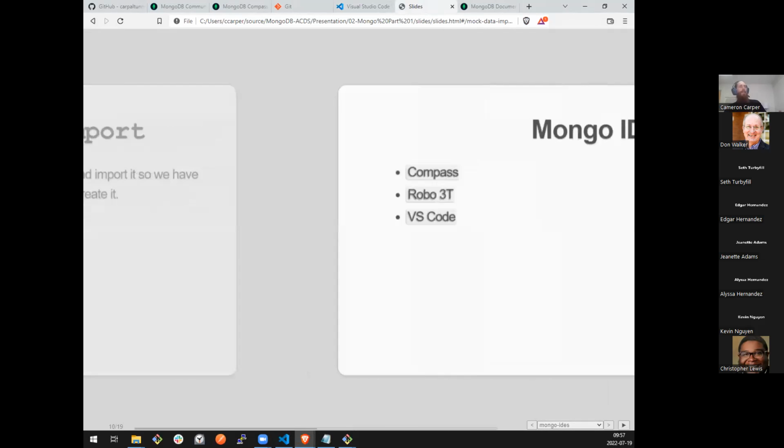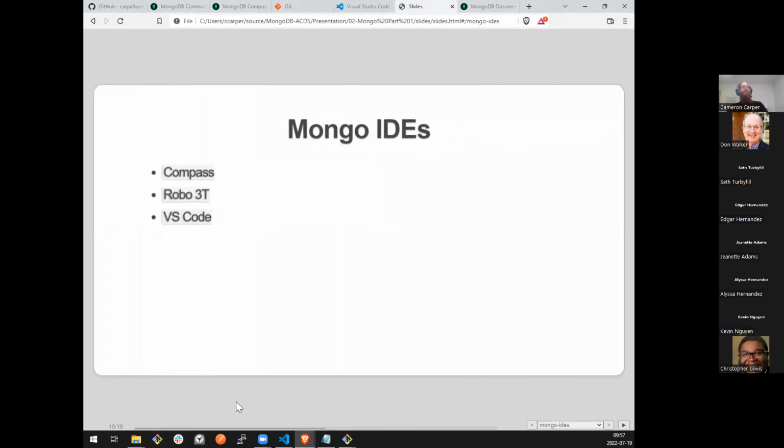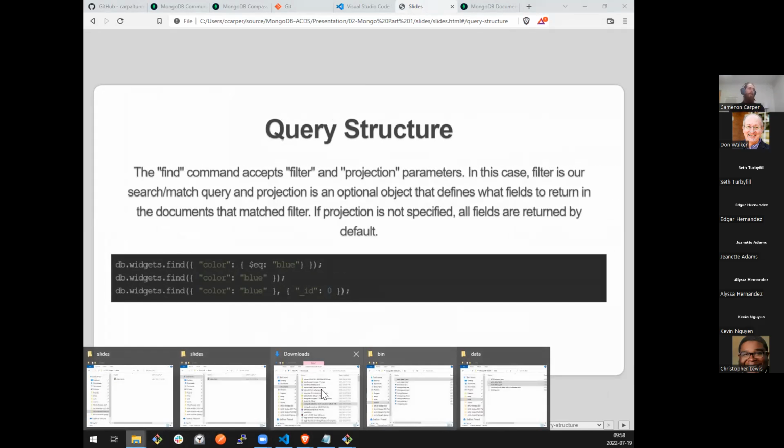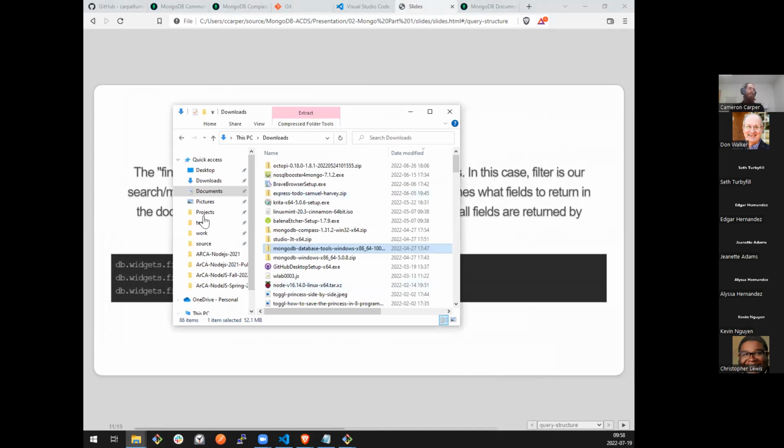So I mentioned Compass. I would recommend it. Robo3T. VS Code has a very, very basic one that you can download as an extension, but I'm not that much of a fan of it. So I'm going to go find and open Compass.